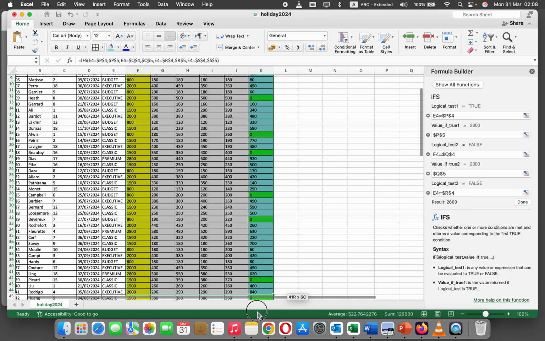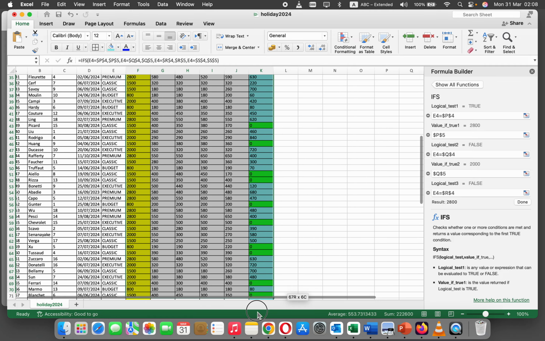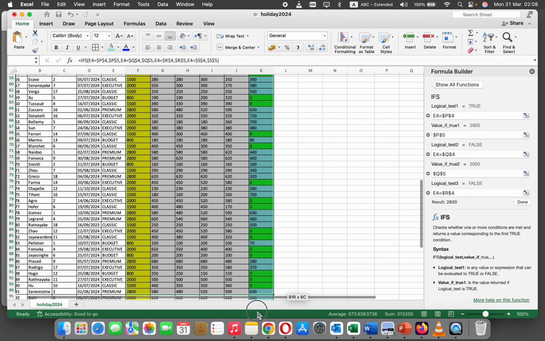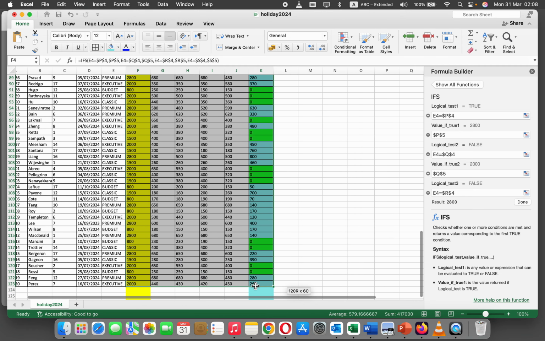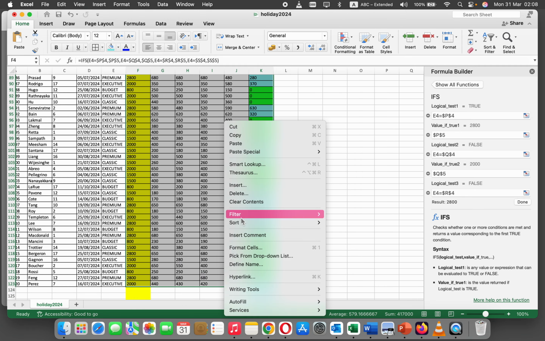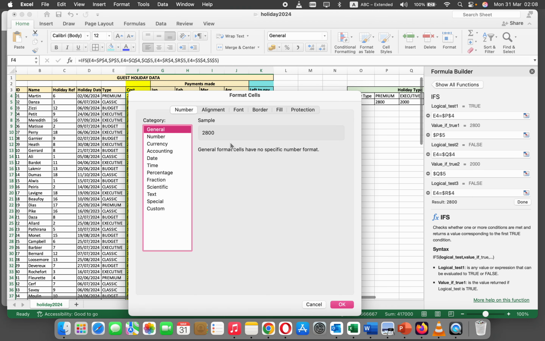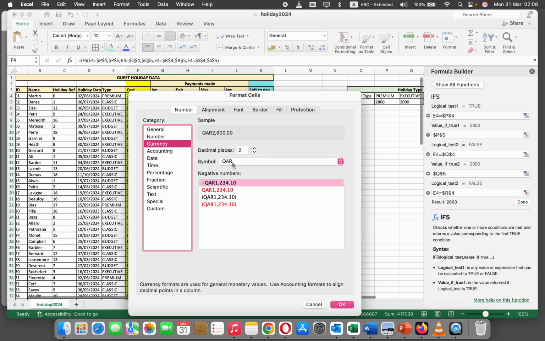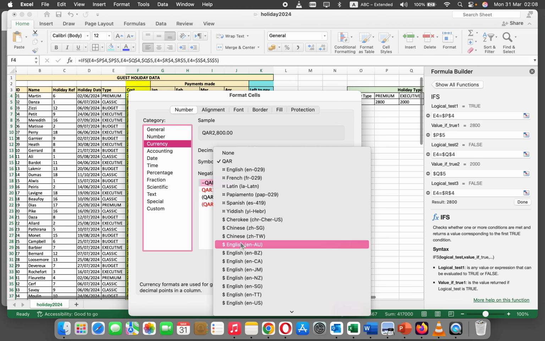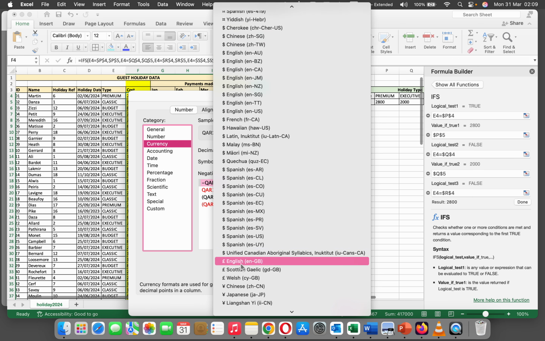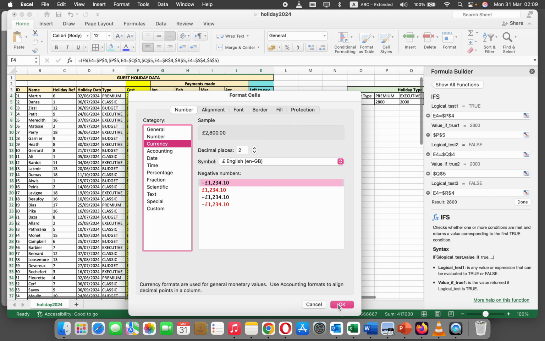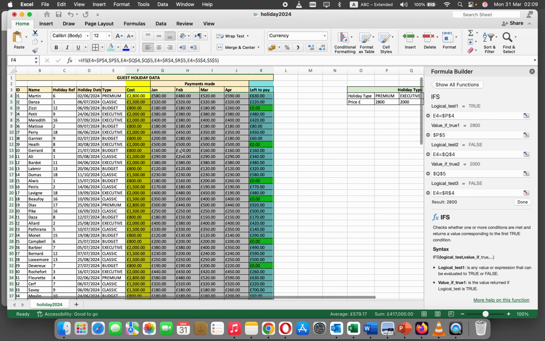We choose the whole data set range, and we keep inside this selection here and right click, format cells, and then go to currency, not Qatari Riyal, 2 decimal places. We go to English pound and press OK. As you can see now, we have got the money in English pound with 2 decimal places,